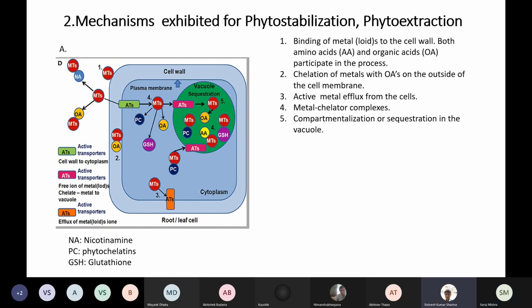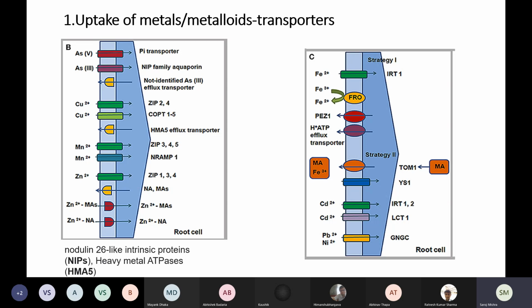So, ma'am, can you please explain the third point again? Ma'am, I did not understand why these metals have to go out. Okay, see, let me show you the last slide. I had also discussed